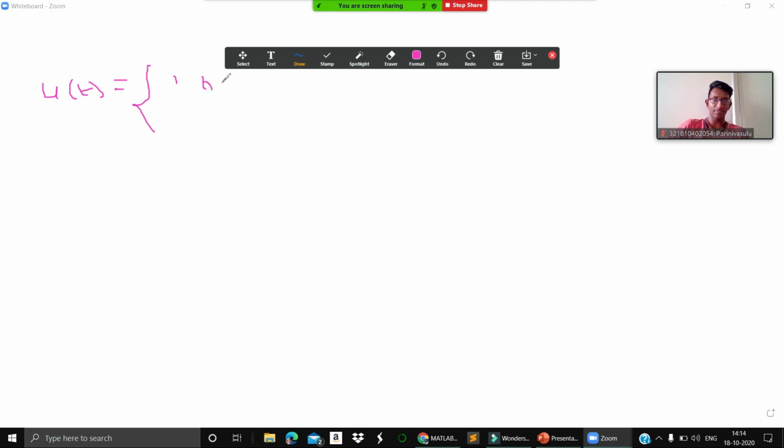We will plot for the discrete one so we will understand better, right? So n greater than or equal to 0 and 0 otherwise, right? It means n less than 0. It means that we should write everything in the code itself.